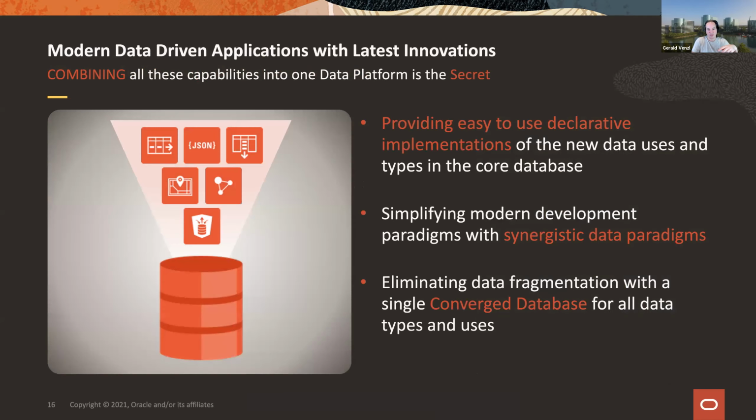And I think we strongly believe that the secret here is to essentially combine as many capabilities as possible into one data platform, right? And we like the analogy of a smartphone to say,